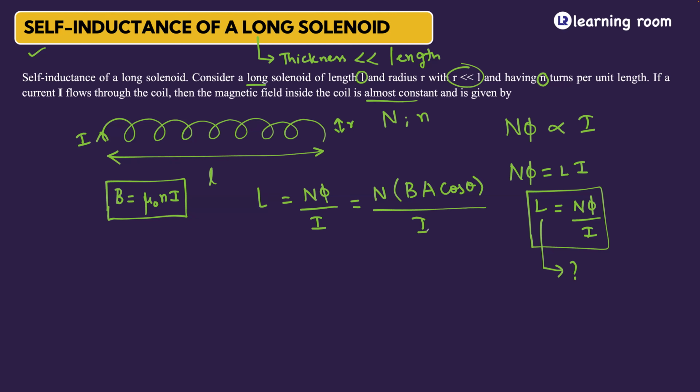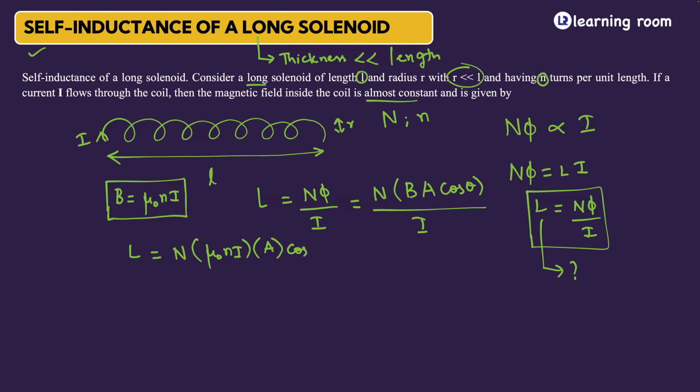So what I did is, in the place of phi, I wrote the formula for it, but the only question I need to answer is, who is producing the magnetic field? In this case, the magnetic field is produced by the coil itself. That's why it is self-inductance, right? So L is equal to capital N, I'm leaving it as it is, into the formula for B, which is mu naught into n into I, and area I'm leaving it as it is. Into cos of, how much is the angle I need to write here?